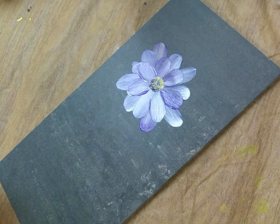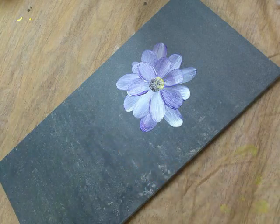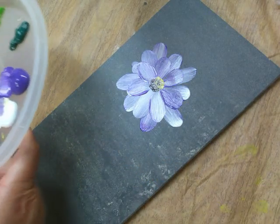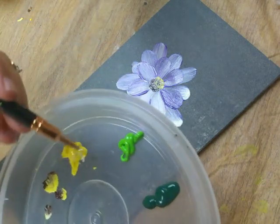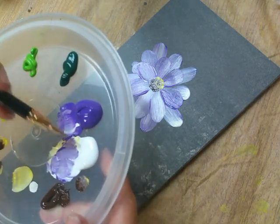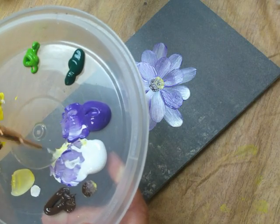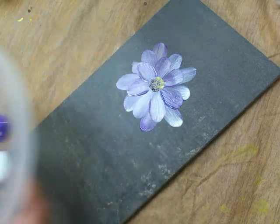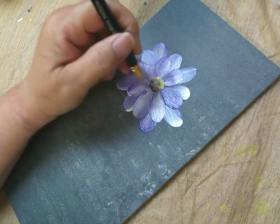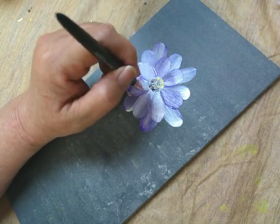Then I'm going to use a liner brush. These are nail liner brushes, by the way. And I'm going to come in here, I think with a little bit of, well, no, let's do some white. I was going to do green, but I'm just tipping it into the white, just kind of rolling it a little bit, because I like to try to get some of the paint off. But you can either go like this around it,